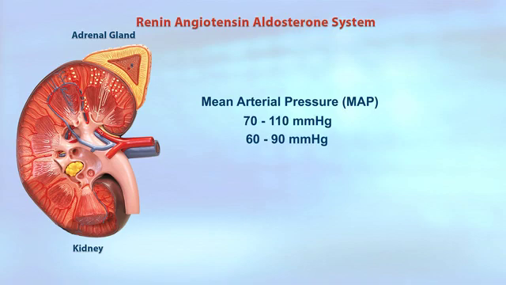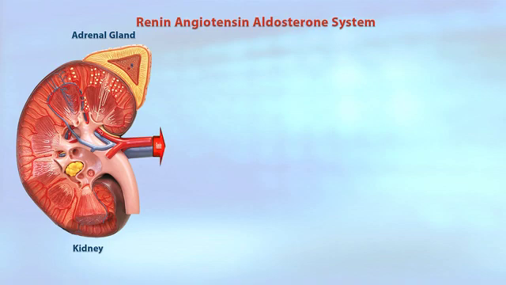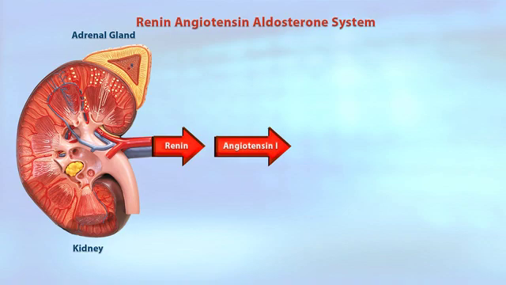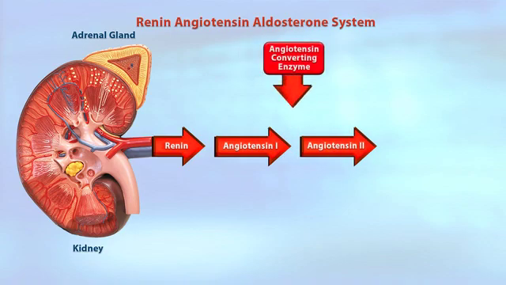But if they're not getting enough pressure, what's going to happen is they get a little cranky, and renin is going to be secreted. And when renin is secreted, it leads to the conversion of angiotensin 1 to angiotensin 2 by an enzyme called angiotensin converting enzyme, or better known as ACE, A-C-E. Okay, angiotensin converting enzyme. And when angiotensin 2 is formed, there's a couple things that happen.